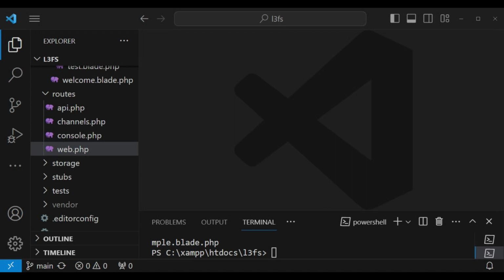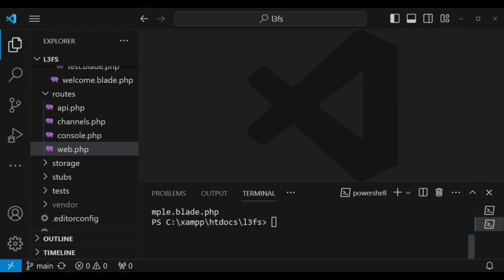I would like us to go ahead and demonstrate how we can use loaders in Livewire 3 and implement loading states. What I would like us to do is to create a new Livewire component. So we are going to run the command php artisan make:livewire, then the name of our component. So let me call it loading-example,